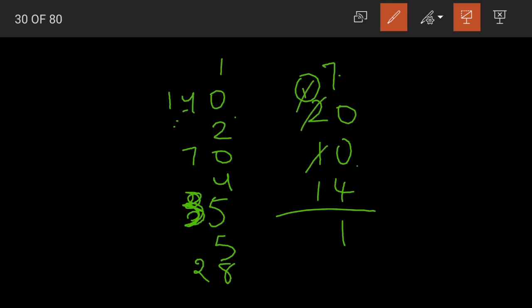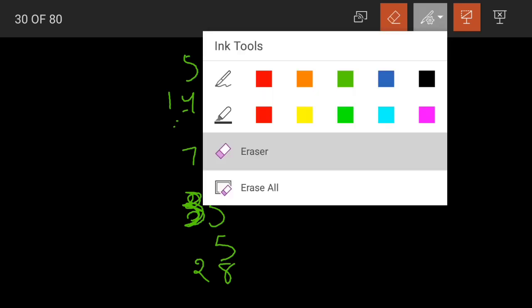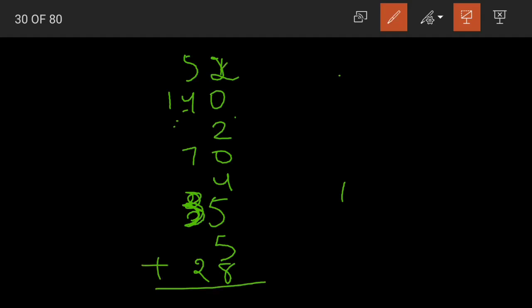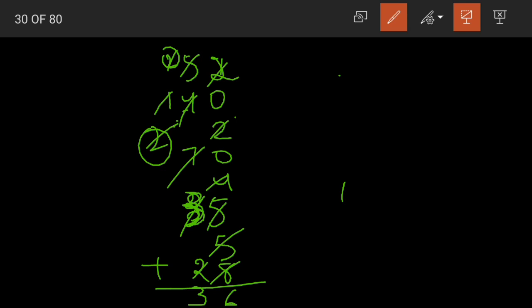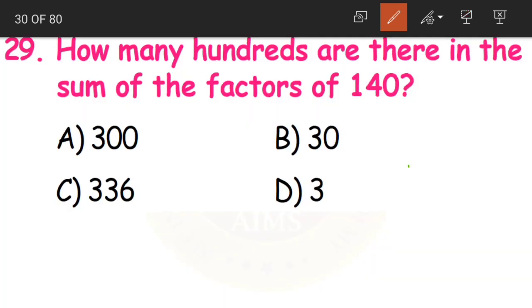Let us add 7 plus 4 11. 1 carry. 3 4 5 51. So I will add here 51 plus 1 becomes 52. It is a very simple question actually. We need to add all the factors. 2 plus 2 4, 4 plus 4 8, 8 plus 8 16, 16 plus 10 becomes 26. 2 carried. 2 plus 5 7, 7 plus 4 becomes 11, 11 plus 7 18, 18 plus 3 21, 21 plus 2 23, 2 carried. 2 plus 1 becomes 3. 336 is our answer. Now what should we find out?